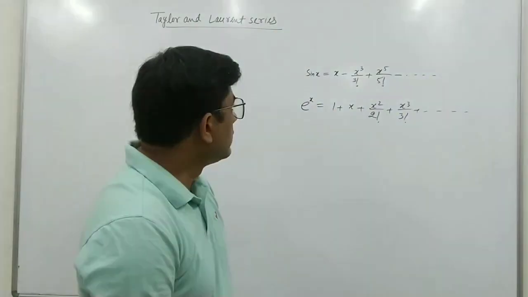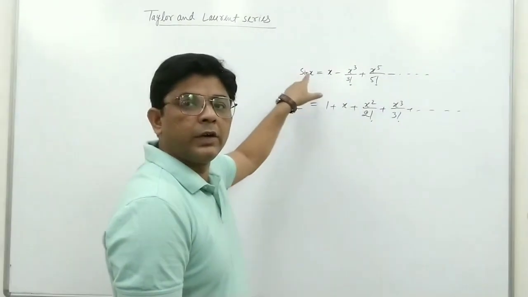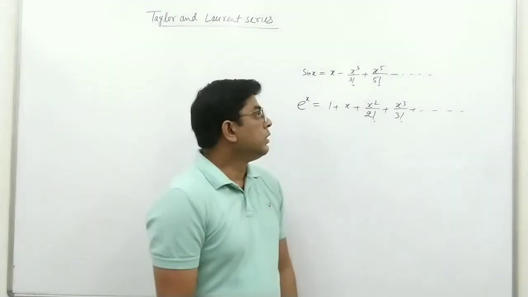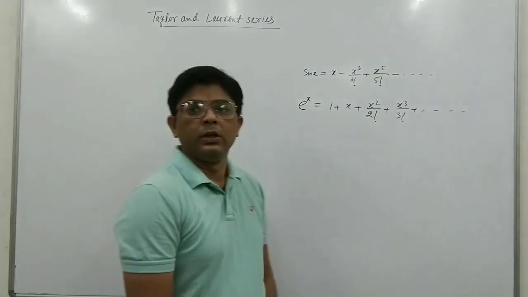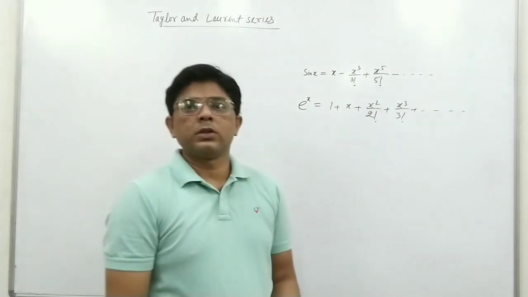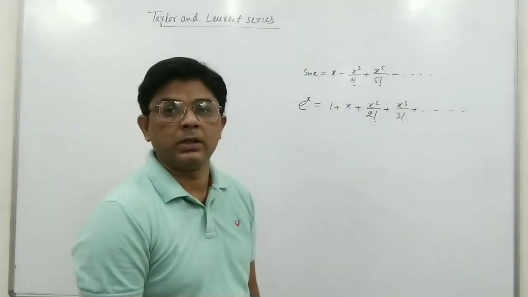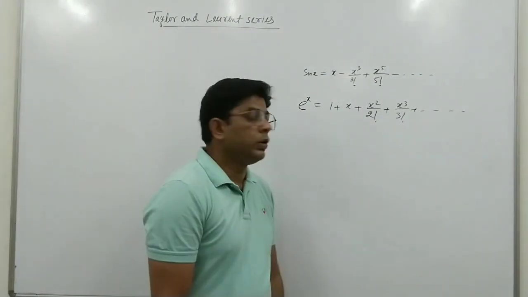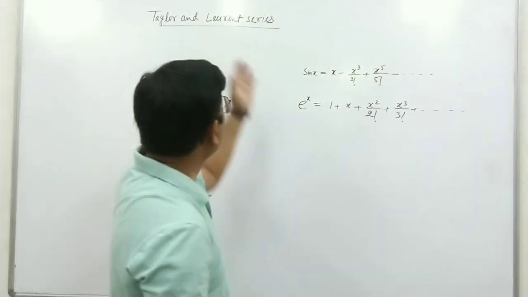So we have already studied this expansion in case of real variables, when we have a single variable function, a function of x: sin x, exponential x, cos x or log 1 plus x and so on. So the question is how can we find these expansions? We have already studied these things in case of real variables and in case of two variables also, but here we find these expansions in case of complex variables. Suppose we have a function of complex variable z. We can find these expansions by using the Taylor series.